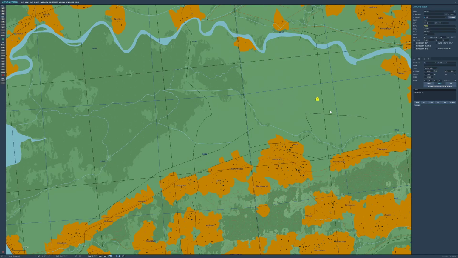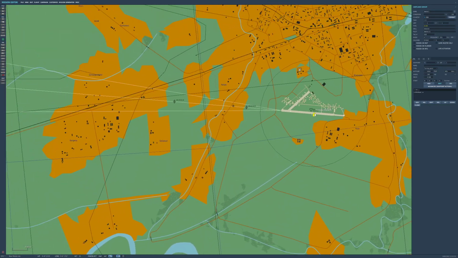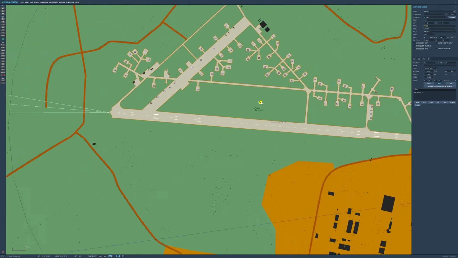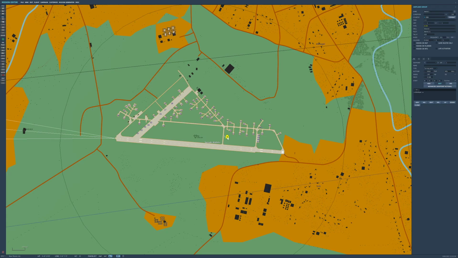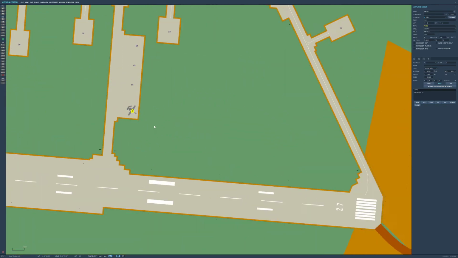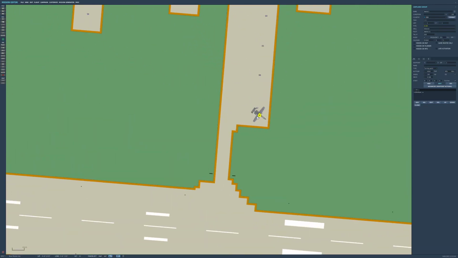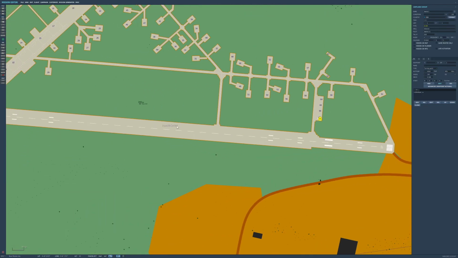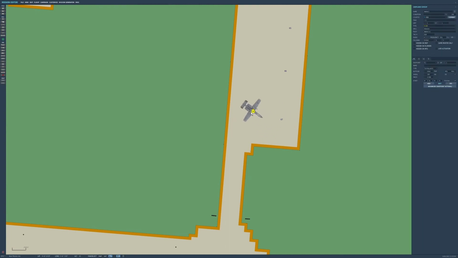So let's say that you don't want this aircraft starting in the air, because it will start in the air when you place it down as standard. You want it to start from an airbase. Here we have Sanaki Kolki on the Caucasus map. Let's bring it over to one of these parking spaces, and you notice the airbase isn't blue or anything. It's not actually parked. It's not sat in that bay. I can still move it around,